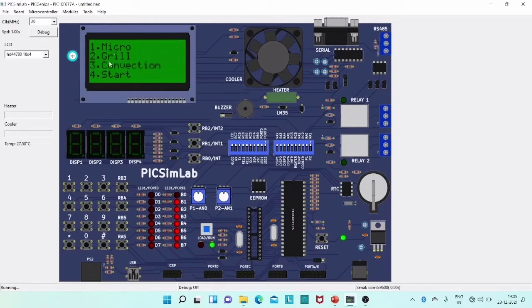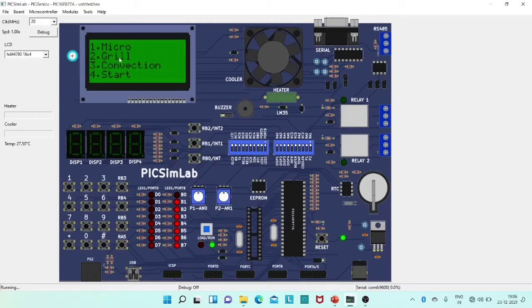Let me check it by clicking tactile switch 1. The power of 900 watts is applied. It asks me to enter a time. Let me enter 10 seconds. To enter this, I am pressing hash. We can see the cooler is running and the time is running along with the cooler. I hope you have heard the buzzer sound.